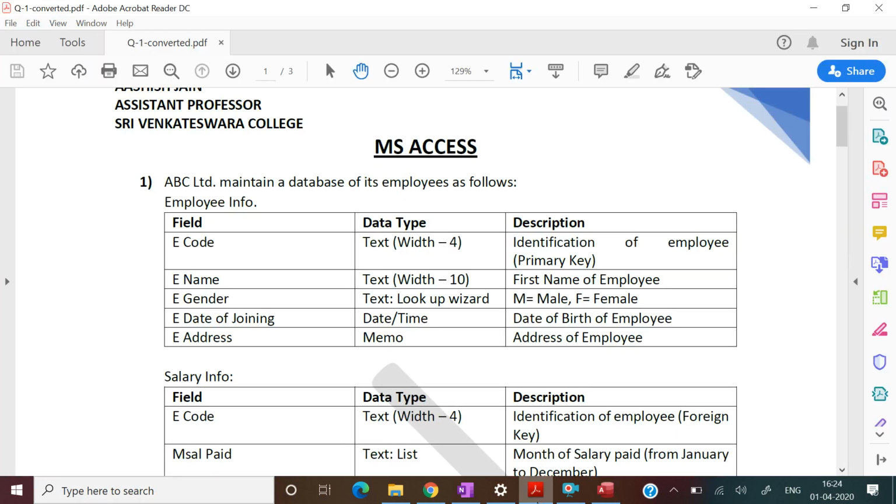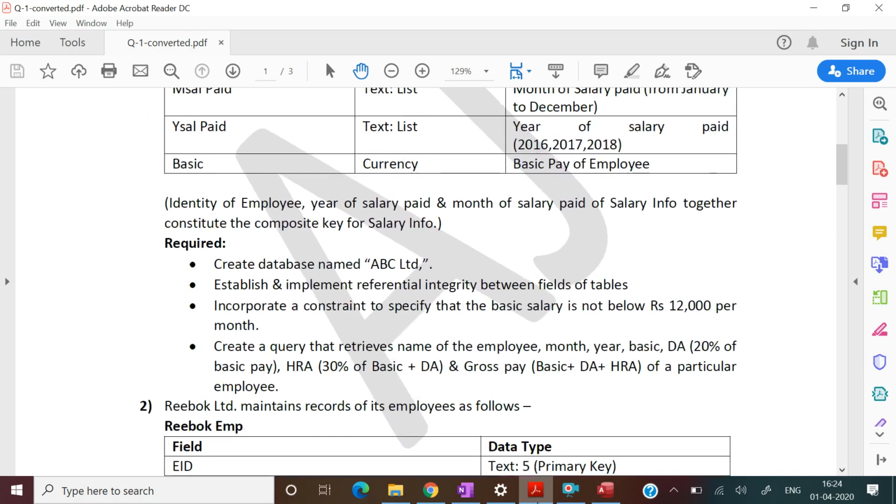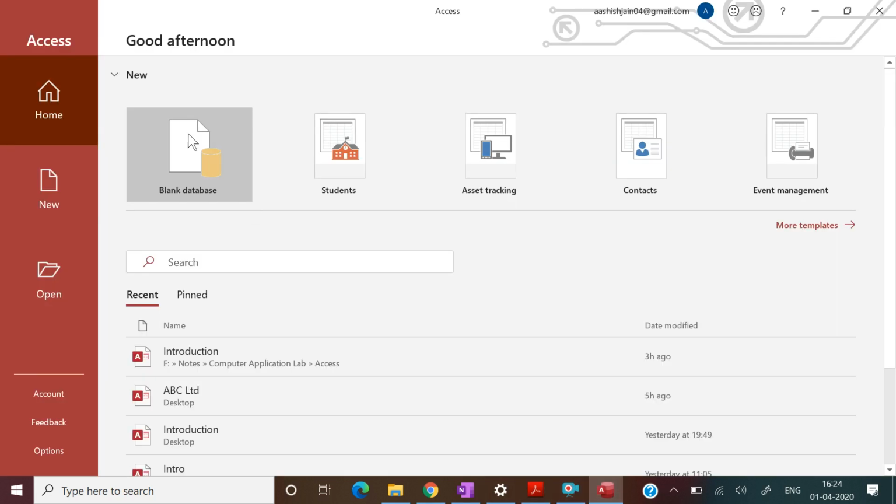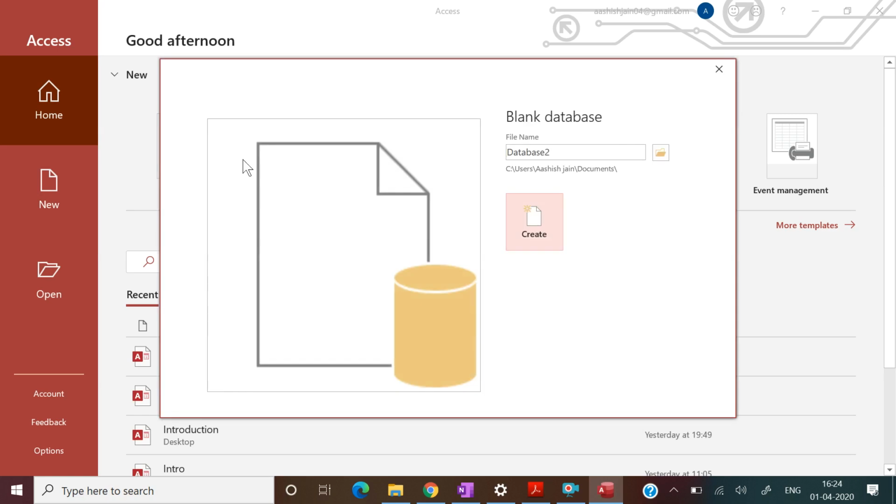As we have read in the question, we need to create a database named ABC Limited. So let's create the name of the database ABC Limited, and then create it wherever you want.